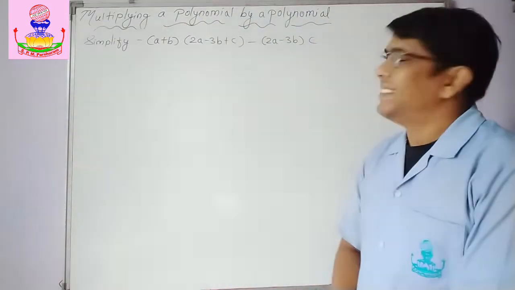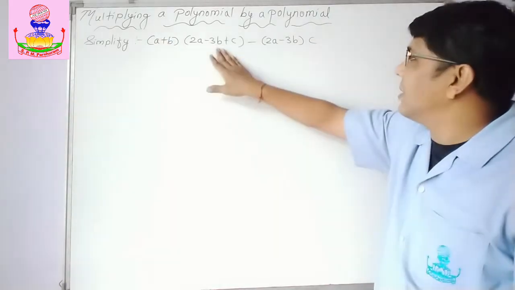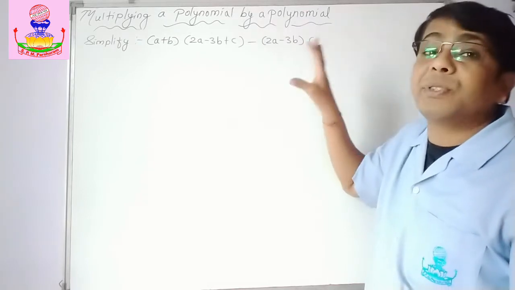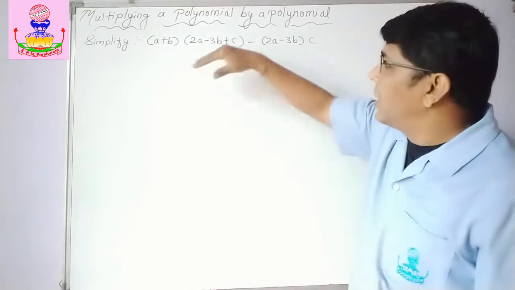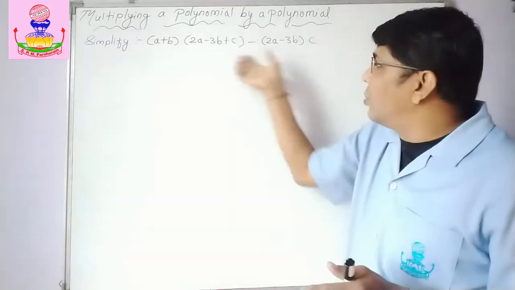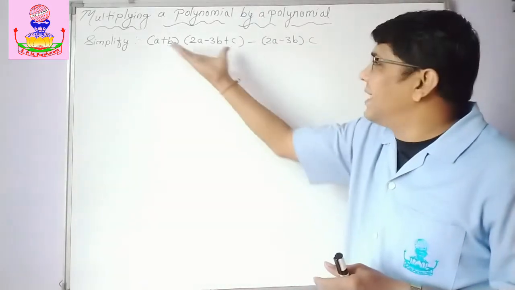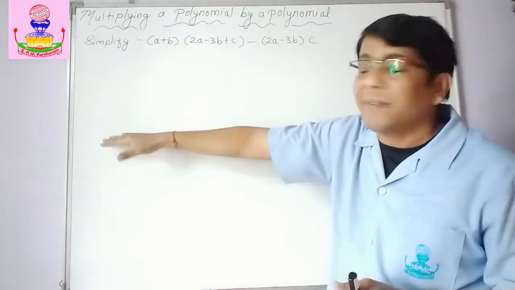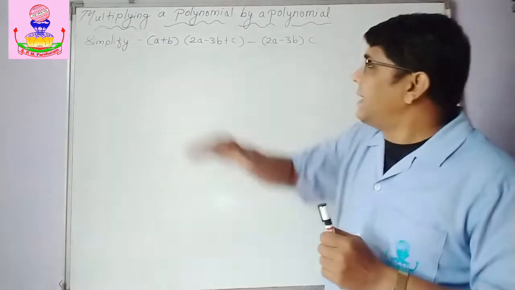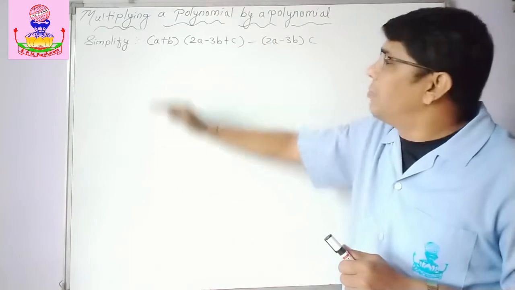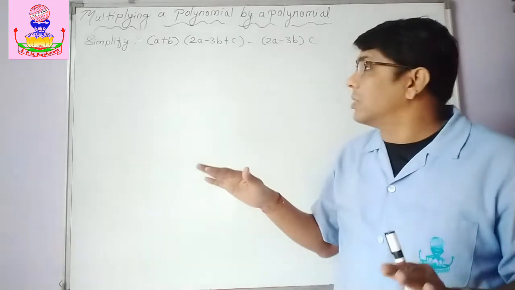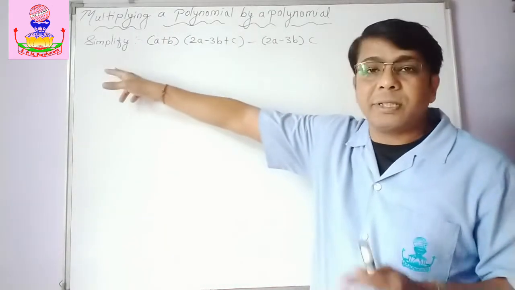Now see, this is the application. This is multiplication of binomial by trinomial, and this is multiplication of binomial by monomial. Now you are supposed to simplify it, but if at a time we take the terms, you can do that. It doesn't matter. Okay, at a time we can go on solving, or you can take this first, simplify it, multiply it, and then take this, multiply it, and then subtract. You can do in that way also, or at a time you can do it. Do you get it? One below the other. So however you want, you do it. Okay, but for simplification, I am going to show this first.